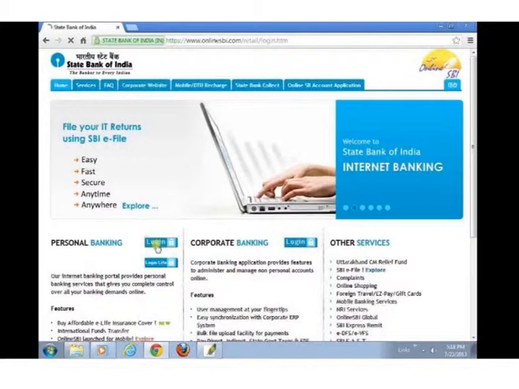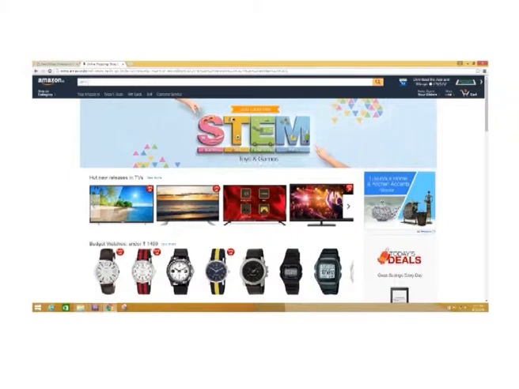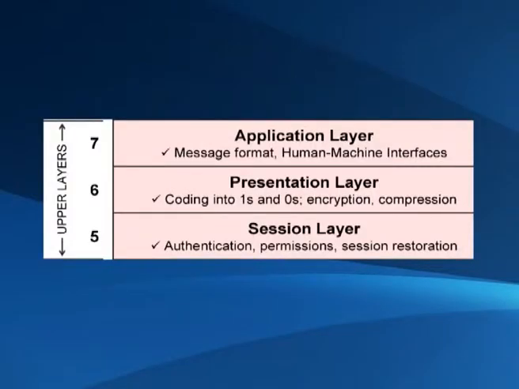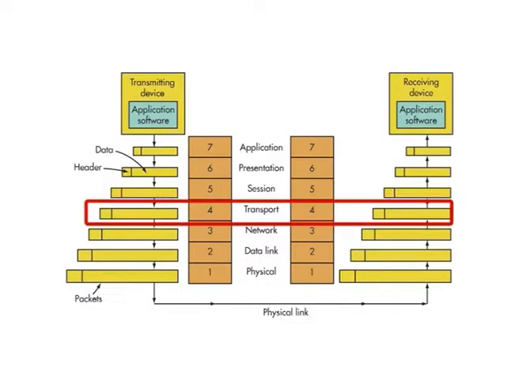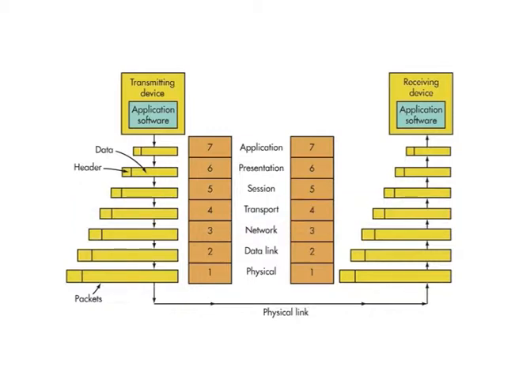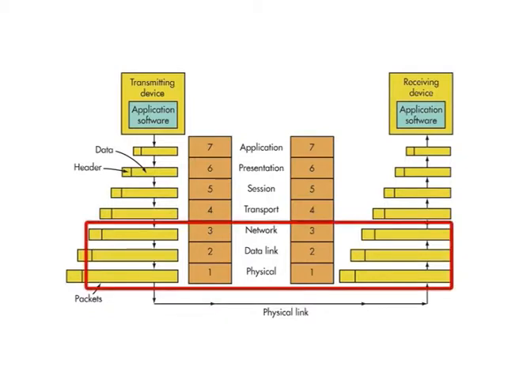Imagine that you have just sat down at your computer to check your bank account or place an order from your favorite retailer. Initially, your request descended through the application, presentation and session layers, or layers 7, 6 and 5 respectively. Arriving at layer 4, the transport layer, your request was broken down into small data packets and delivered to the remaining 3 layers, that is network, data link and physical, or layers 3, 2 and 1 respectively, where your request is set for delivery.